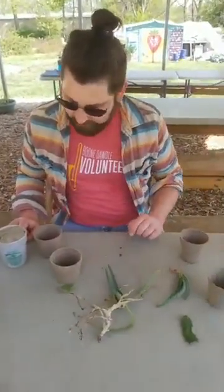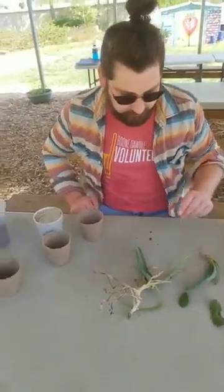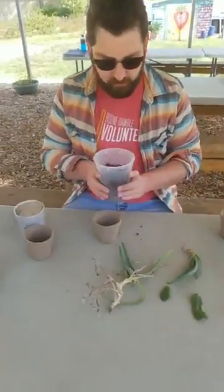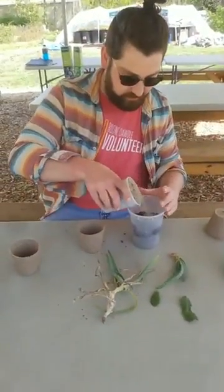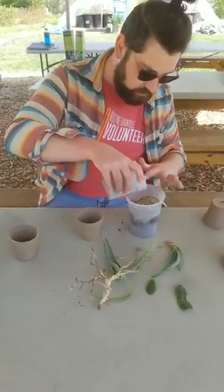Now we've got our succulents over here. There's the other one. Succulents are a little bit trickier, but really not too bad at all. What I am going to do is I'm going to mix some sand in with my potting mix, and that's just going to help make sure that it has better drainage. Succulents really don't like to stand in water,